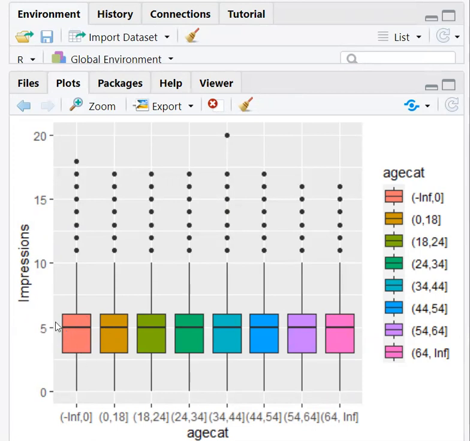This indicates the distribution of values. If you observe the width from the median to the first quartile, it is more, so it indicates more impressions counts are falling in this category.